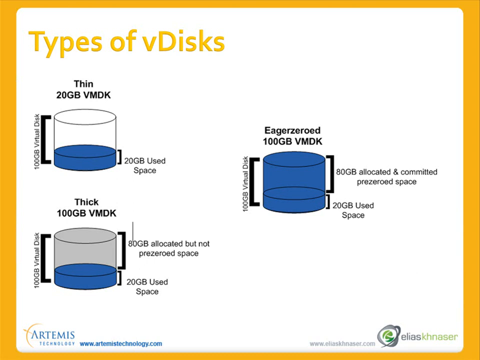Go ahead and not count that as space that's being used. So at the array level now, it sees 20 gig of used space, and it can take that 80 gig and treat it as unused. Now the difference, if you look to the right here, with the eager zero thick, let's go back to the